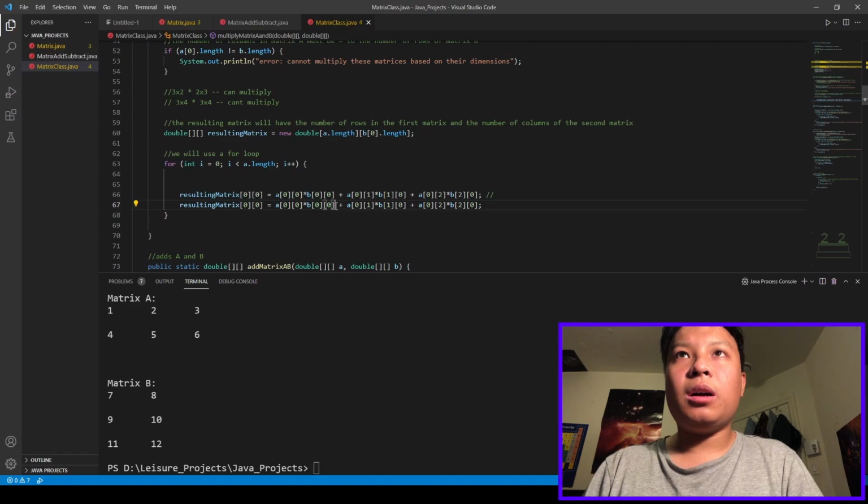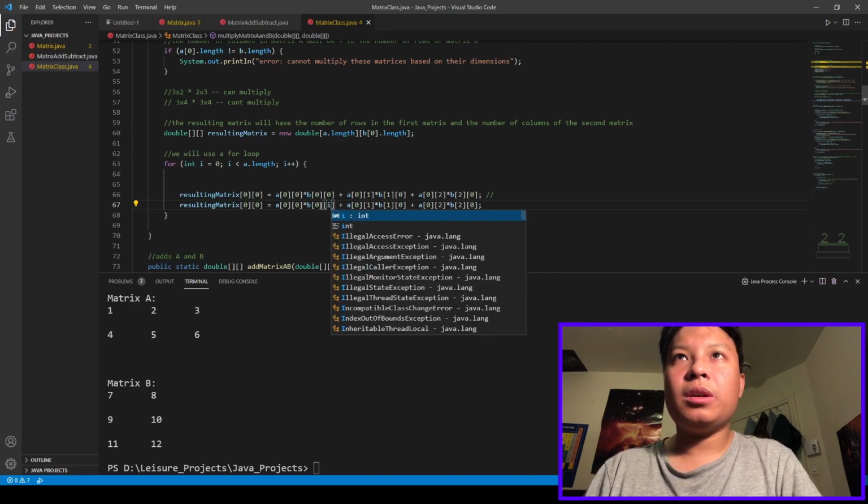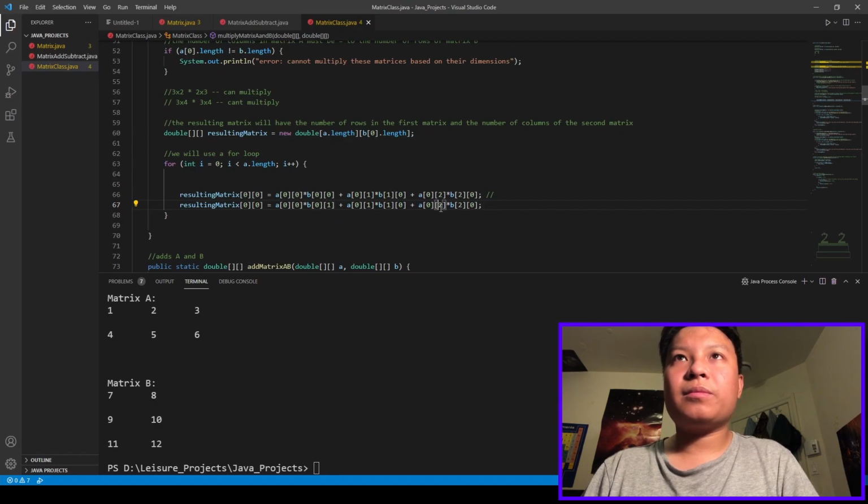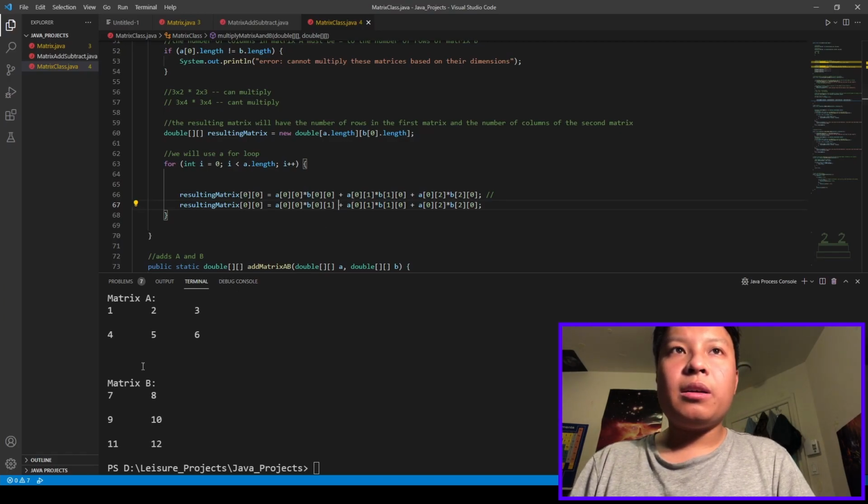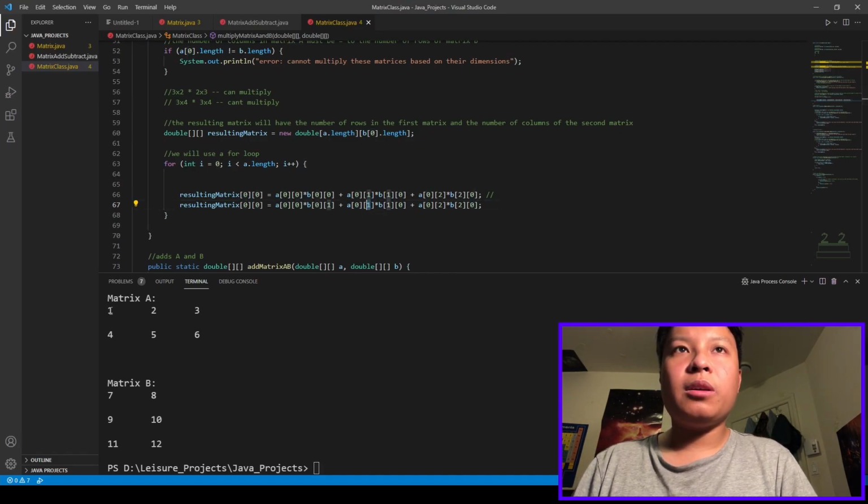Okay, first row, which is 0, at the second column. And I am gonna try and continue on, and then I have to add 2 by 10, so for matrix A that means accessing the first row, but at the second column, I guess,